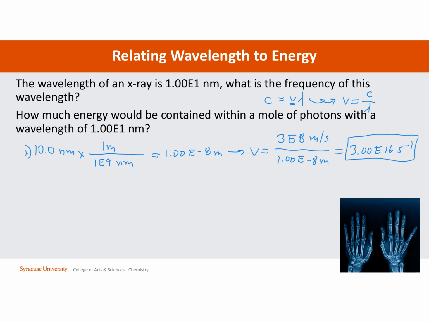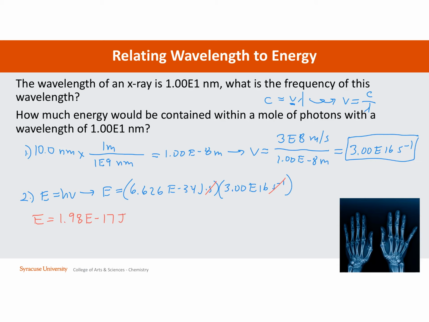That's my frequency. Now to find the energy, I know energy equals Planck's constant times my frequency. Energy equals Planck's constant 6.626 e to the negative 34 joules times seconds times my frequency that I just found from the previous calculation, 3 e to the 16 inverse seconds. I multiply, seconds cancel out, and that leaves me with energy. Energy equals approximately 1.98 e to the negative 17